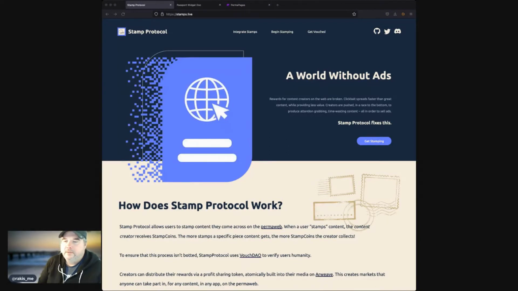Hello. I want to spend a few minutes talking about the stamp protocol and Permapages. Basically, just a quick demonstration on how you can create a Permapage and add a passport widget to that page to start getting stamps. The stamp protocol is a new protocol on the PermaWeb that allows you to capture proof